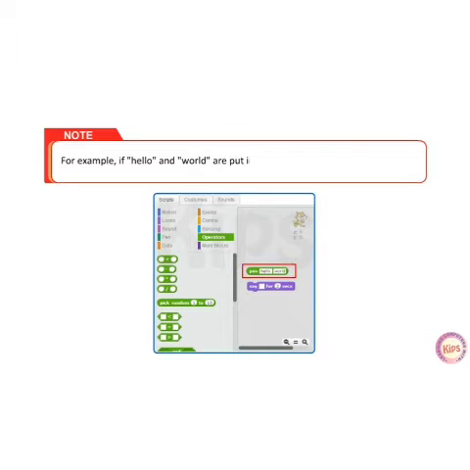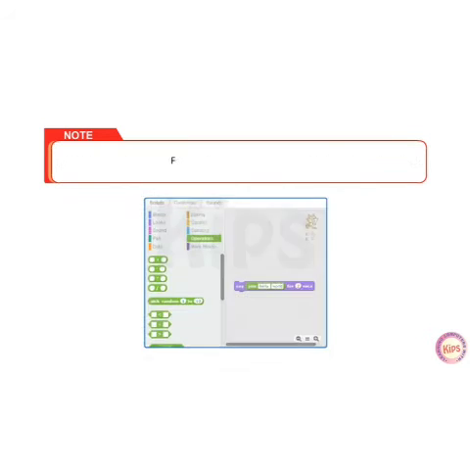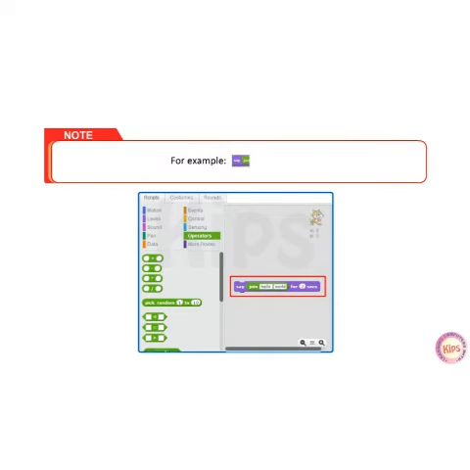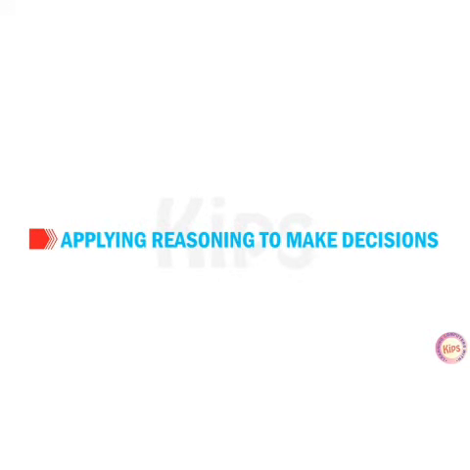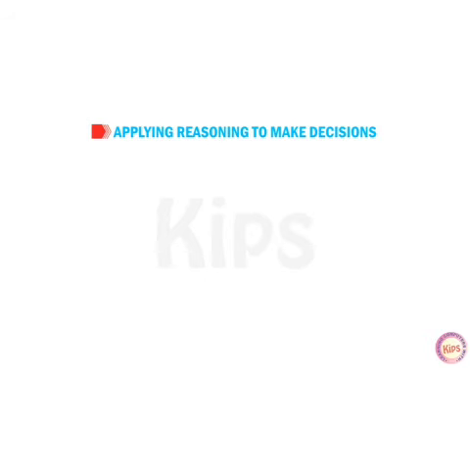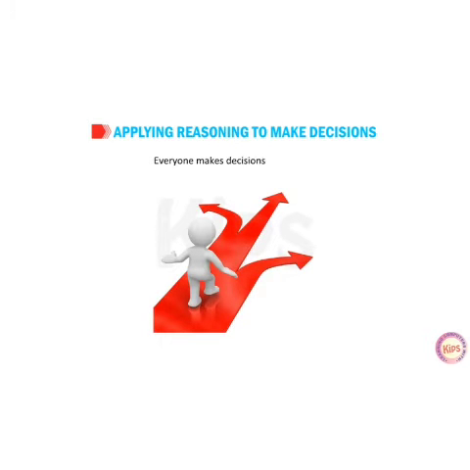For example, if hello and world are put in a box, it will display hello world. This is a rounded block and can easily be placed over the value box of any other block, for example, the say block.